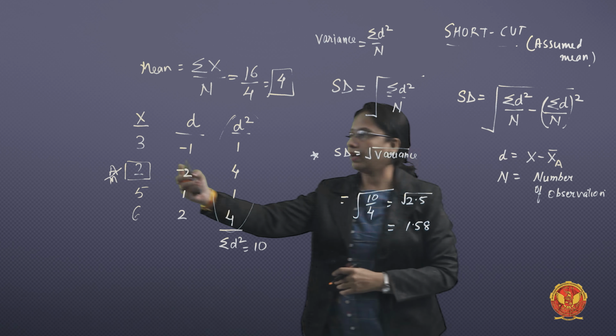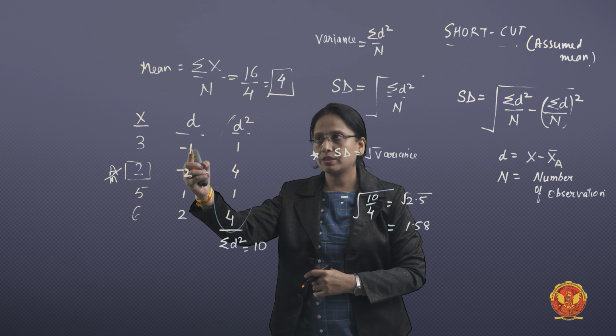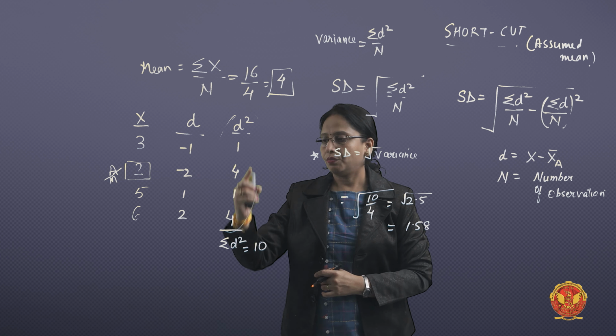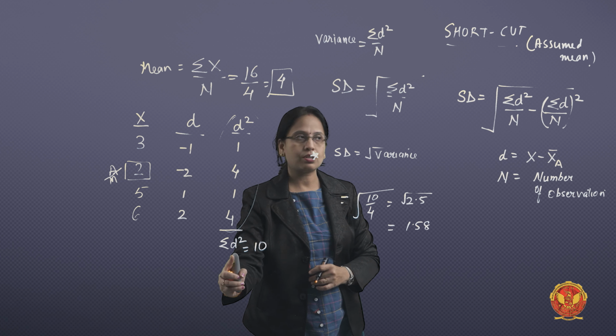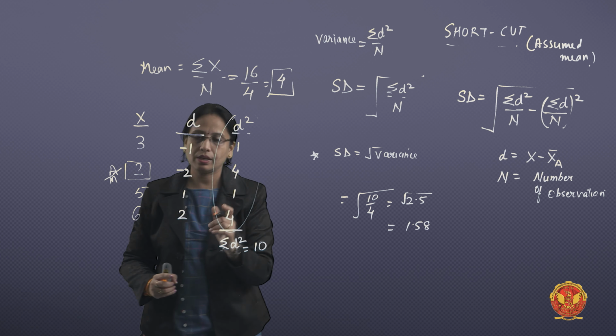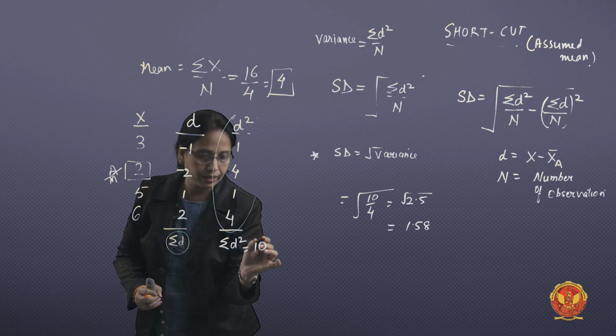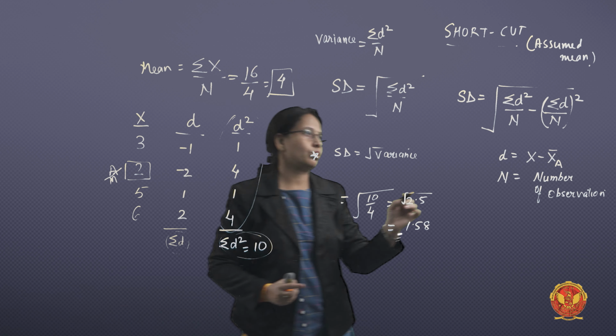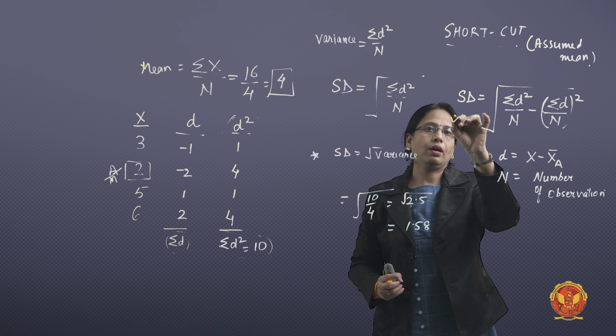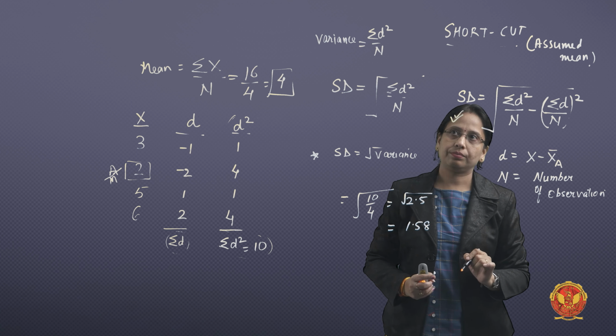This is the case when the shortcut method is applied, where this is the assumed mean. The assumed mean can be taken as a central value of this x. The difference is calculated. The square of the difference is done. We sum up the squares of the differences. Only here, one more thing is required: the summation of d. These two values are placed in this formula to find the standard deviation.